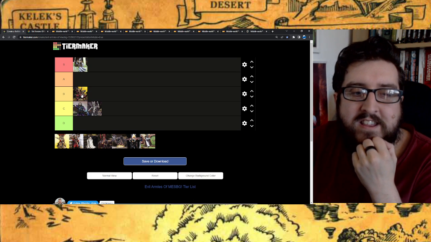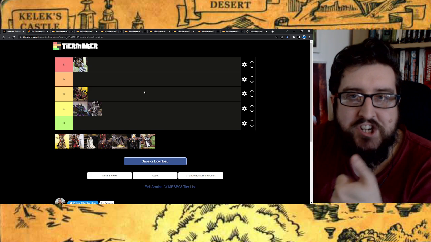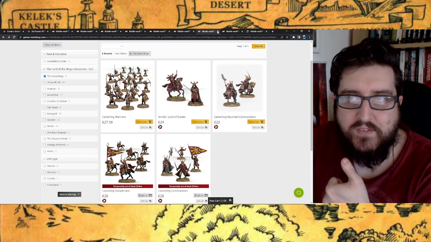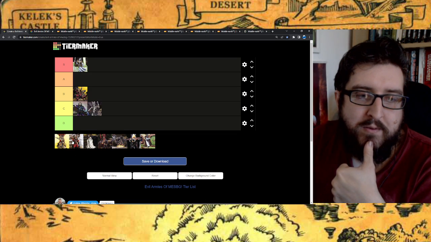So yeah, I think the Eastlings are going in B. Well done, Eastlings. You get a B from me, which is really cool. So there we go. Fun stuff. Right, moving on. Next up, we have...